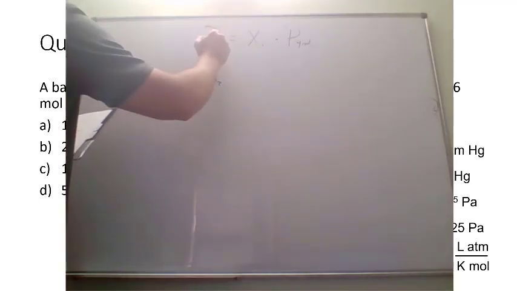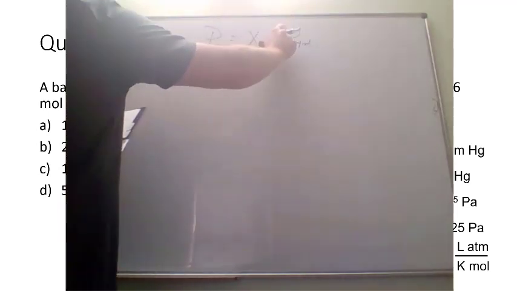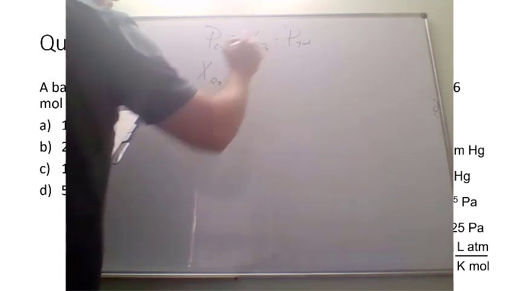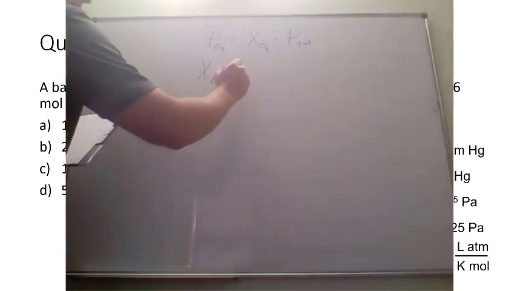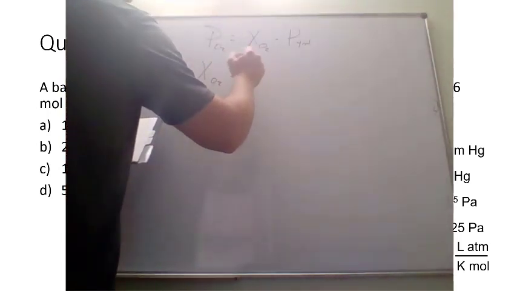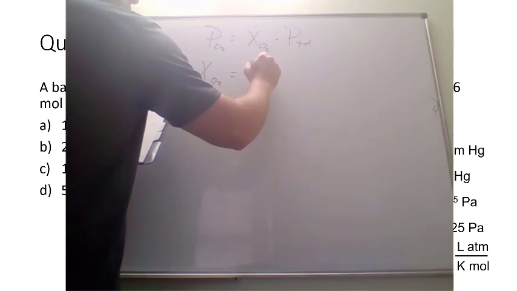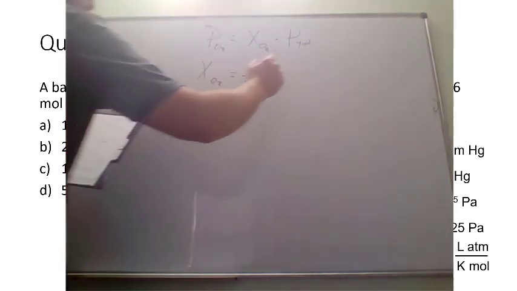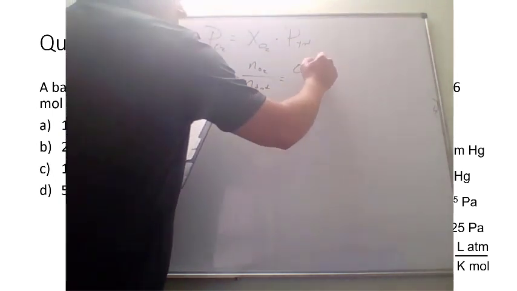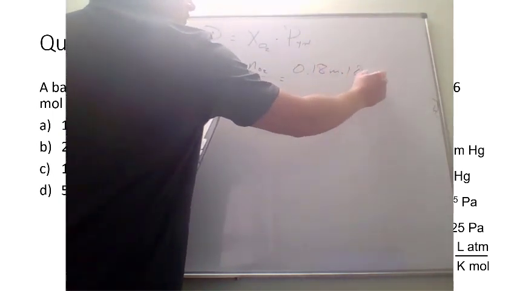So this equation here, we can change that to talk about the partial pressure of O2 is equal to the mole fraction of O2 times our total pressure. So if we want to solve for the partial pressure of O2, that's going to be our number of moles of O2 over a number of moles total. And so our number of moles of O2 given to us is 0.18 moles of O2